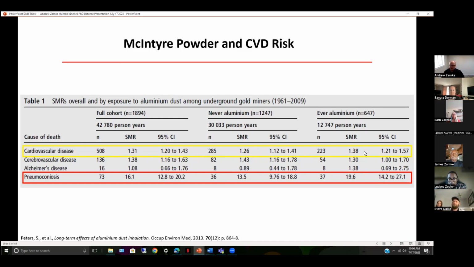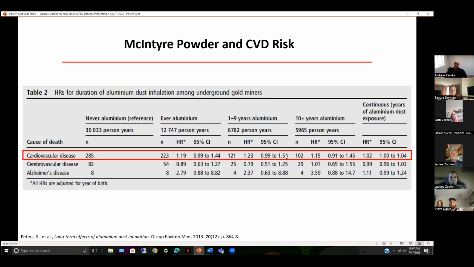And there was not much of a difference here, at least when you're comparing to the general population. But when we look at comparisons from miners not exposed to miners exposed to McIntyre powder, we do see borderline significant increases in rate ratios in cardiovascular disease outcomes of about 23%, although the lower limit of the confidence interval goes below 1, but as you can see here, not by very much. When they considered the aluminum exposure as a continuous variable, you can see a significant result of about 2% per